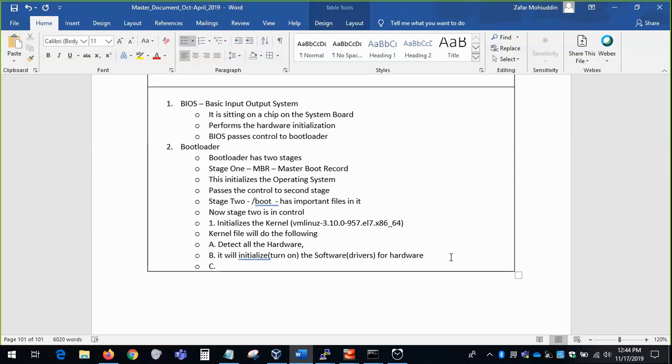Okay, there are a lot of complex things going on. And then what it does is, it loads the mounts. What does mounting mean? Mounting means loading. Like, can you mount this somewhere? I mean, if you're